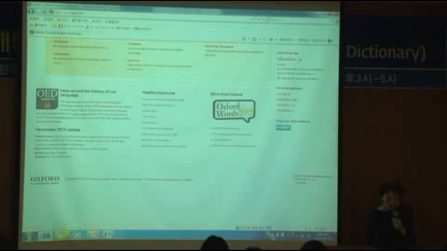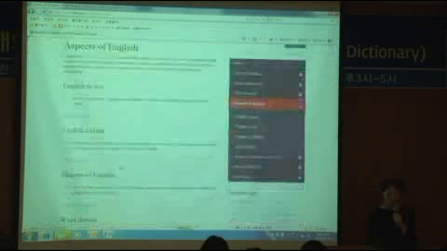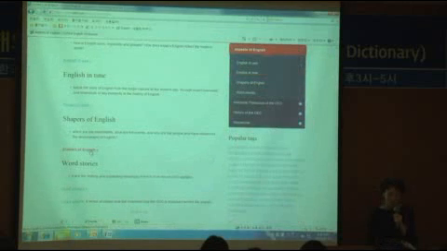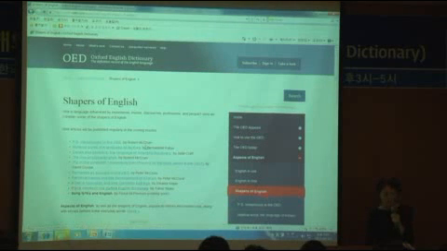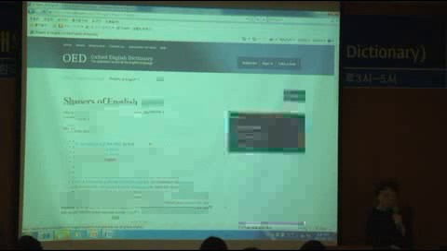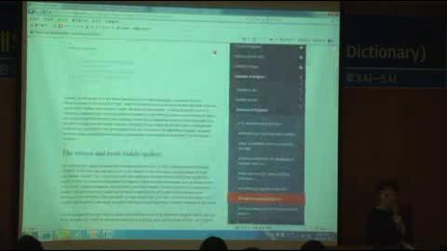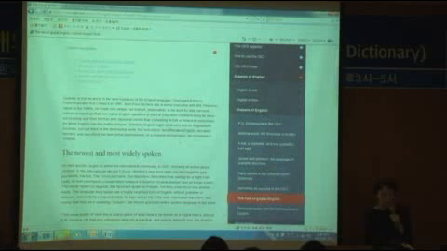We also have some articles. So right at the bottom it says more aspects of English. So shapers of English, or English in time, and academics or editors have written several articles on particular topics. So one of them could be the rise of global English, and that's about the concept of globish, and looking at the fact that perhaps English is most widely spoken by